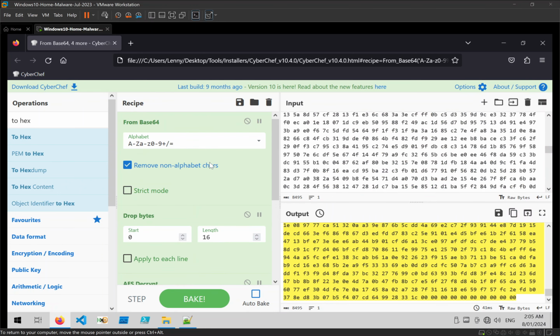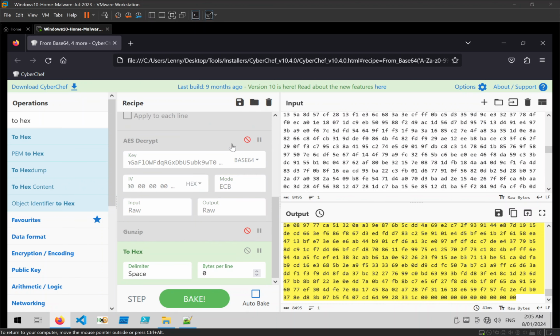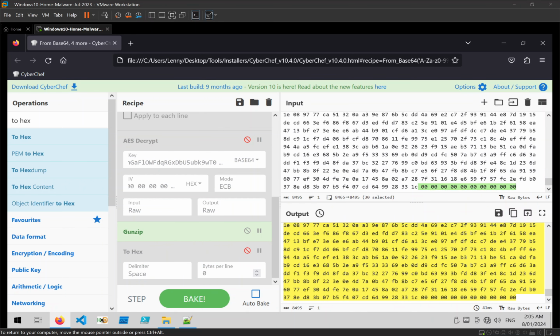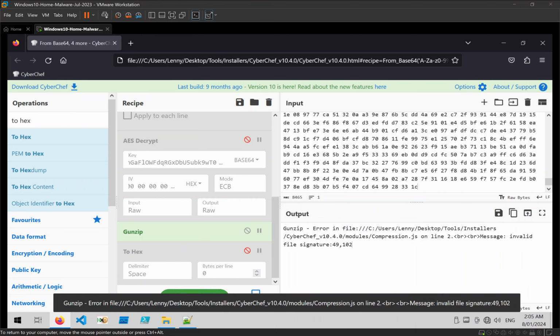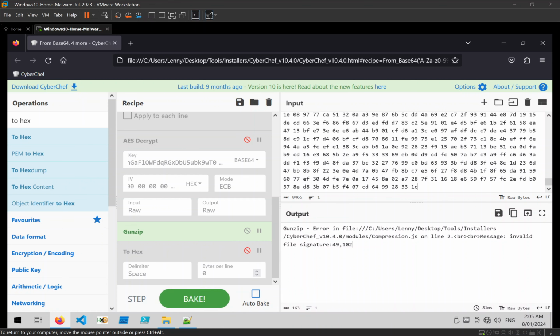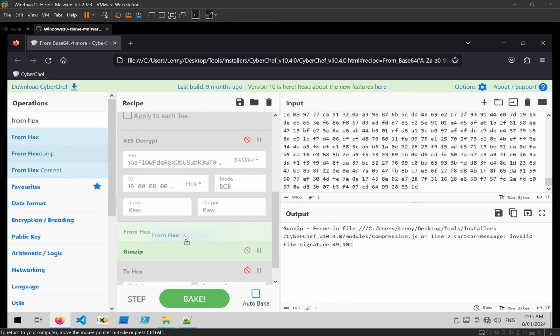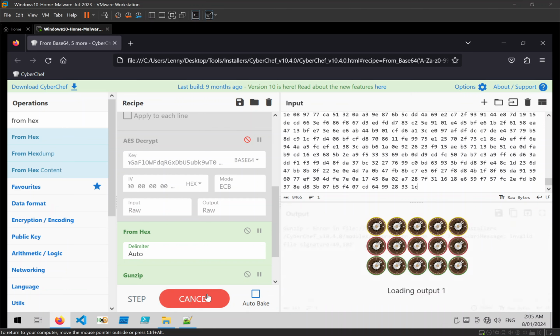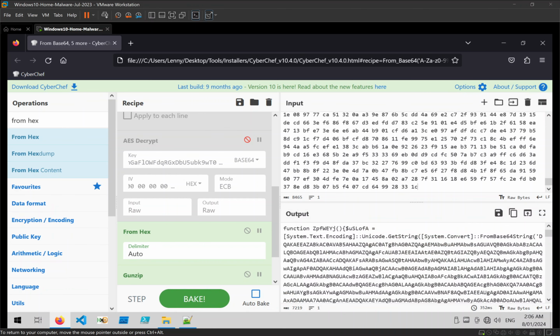paste it in here, remove all of the decryption that we've already done, and just get rid of these null bytes and see if that helps. Invalid file signature because it's in hex. Let's see if this makes any difference. And here we go. We have